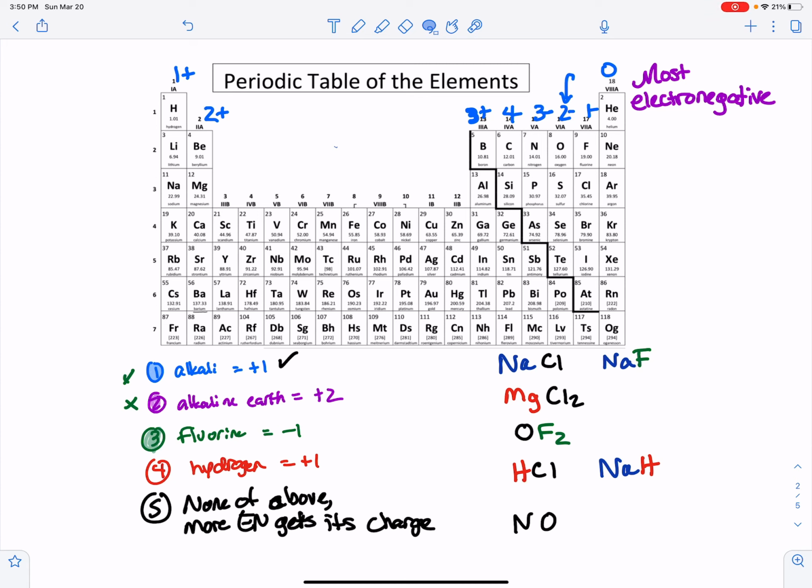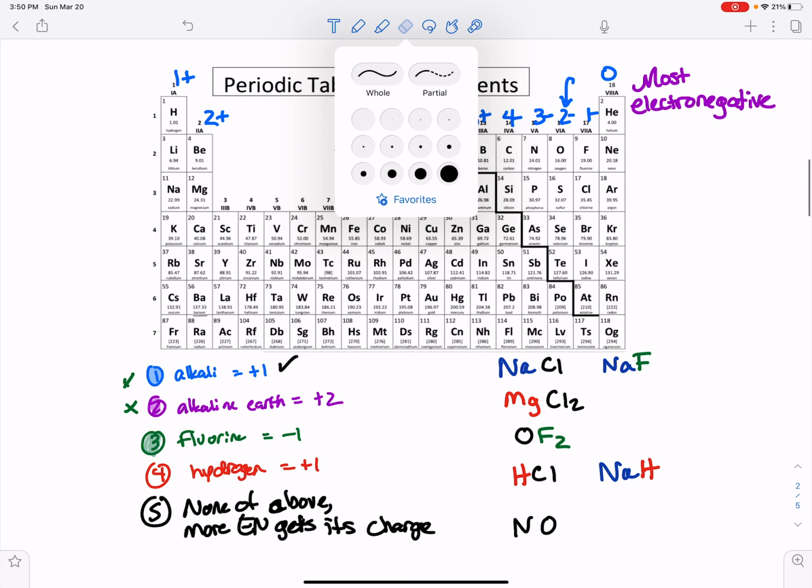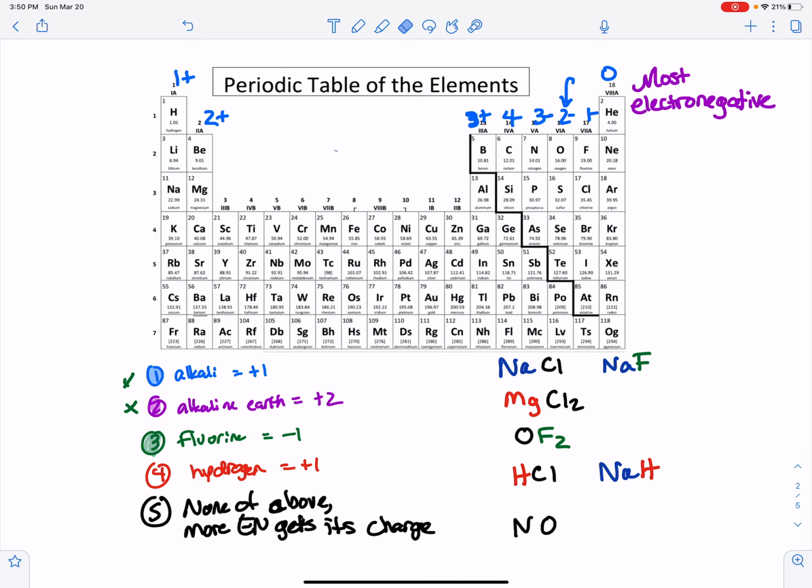So make sure we've got a list of rules that encompass both the ionic and the covalent. We've got a list here on the left side of the page. We've already talked about how ionic compounds are kind of easy to figure out. What gets kind of weird is what happens with the covalent. So I'm going to go through this list, and then we are going to figure out the charges of the